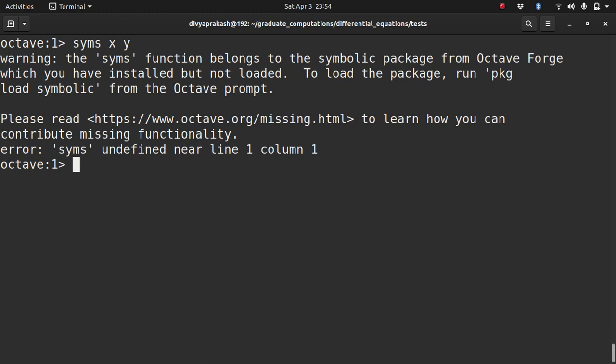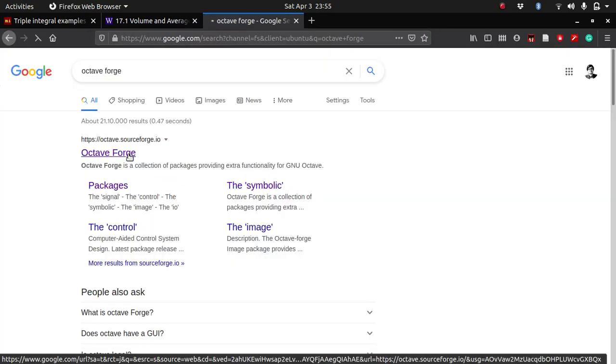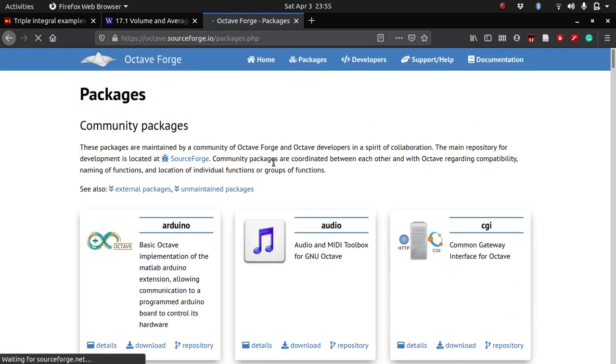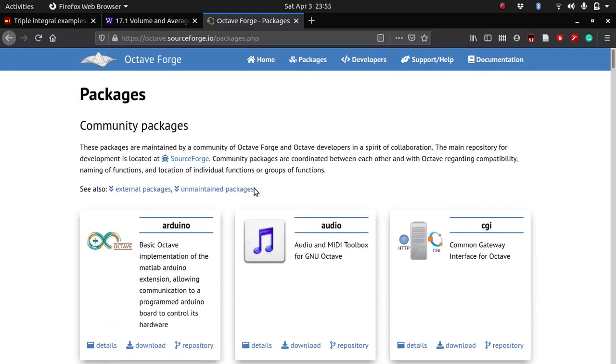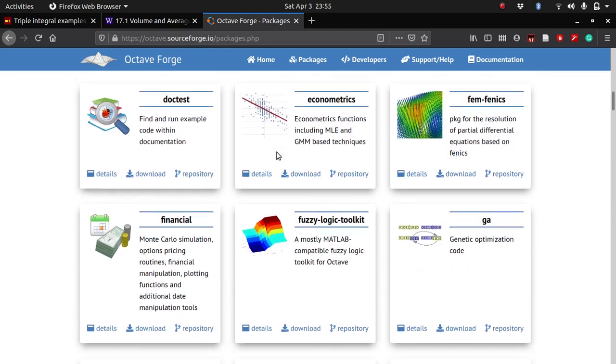So for the syms function, the warning says that it belongs to the symbolic package from Octave Forge, which you might not have installed on your system. So the first thing that you need to do is open up Google and search for Octave Forge. Octave comes with some default packages. If you want some extra functionalities, you can look up the packages in Octave Forge and install them. So these are some of the ones which are there: Arduino, Audio, CGI, and all that. So the ones that we are interested in is